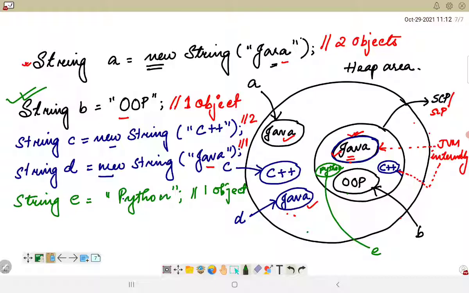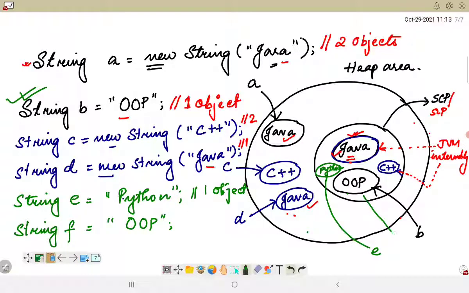Now suppose I am using a different one. Let's say f is equal to, and I have the same literal as b. What happens under this scenario? There will be no separate creation of an object inside the SCP.